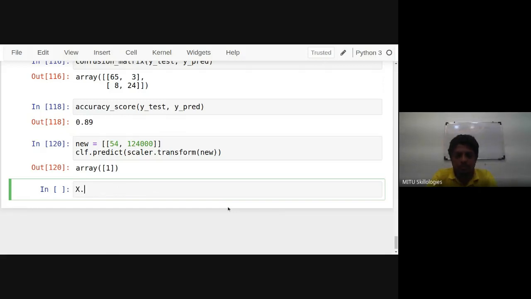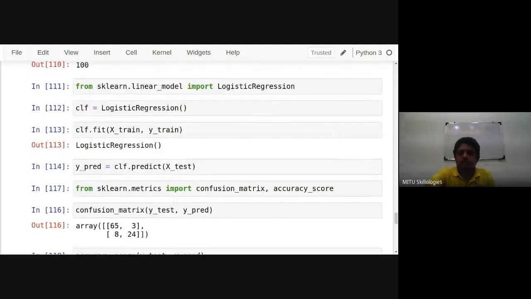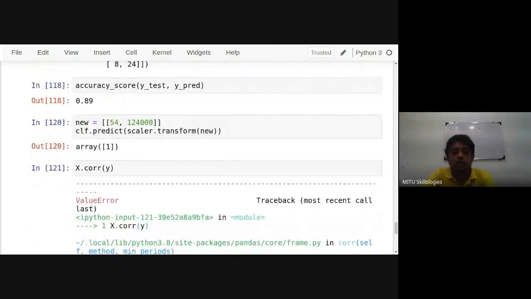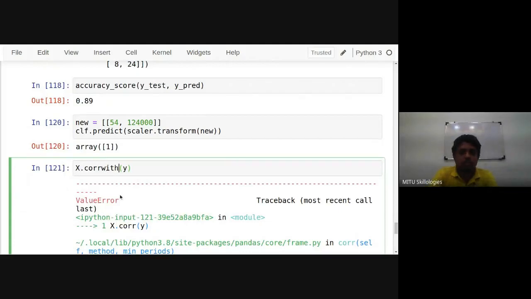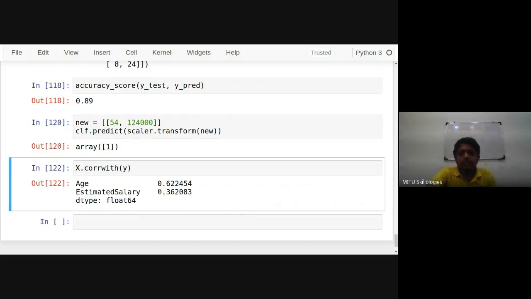For example, just a minute, what is X? X and Y width we require. Now see, okay, direct correlation is not there. Here age is 62% and estimated salary is 36%. Drawing a line is not the best way to do it. That's why we'll draw a curve, we'll identify the probability of it, and based on that we are going to do the predictions on that data.